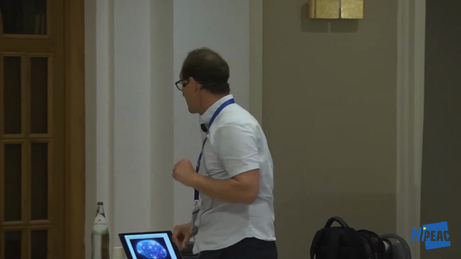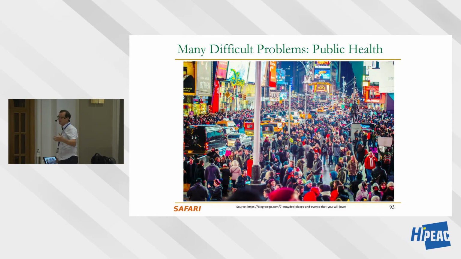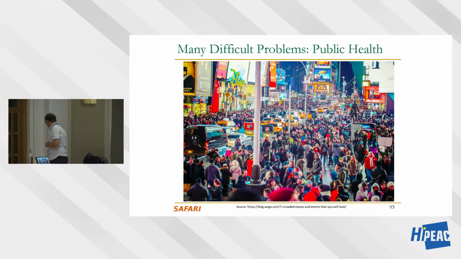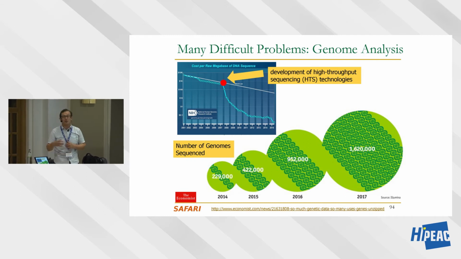Are the things we're doing today really intelligent? I have a very critical view on that. I don't believe that they're truly intelligent, and partially because we don't really understand intelligence. But these are really fundamental and hard problems. And there are people in the world that are trying to solve this. And then there's a public health problem that you may have gone through in the past few years. And then there are other difficult problems, like understanding genomes, for example, and doing some things with genome analysis.